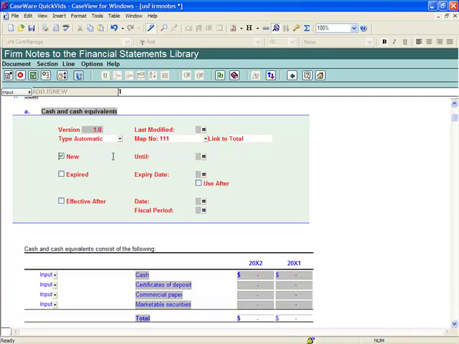The next content management option the firm can mark is Effective After. This option allows the firm to decide which date or fiscal period a new note will be active to staff and thus be visible at the engagement level. Note that in Canada, there is an additional option to mark notes as applicable for private enterprise reporting that follows the same concepts. We are now going to review how these options will appear at the engagement level and how